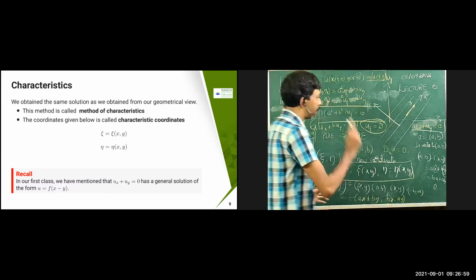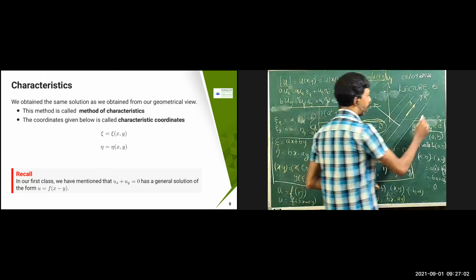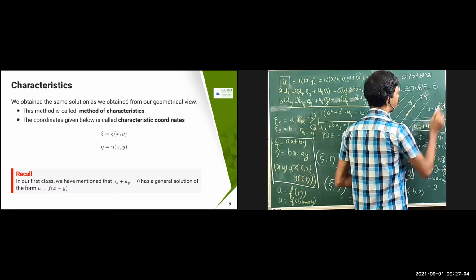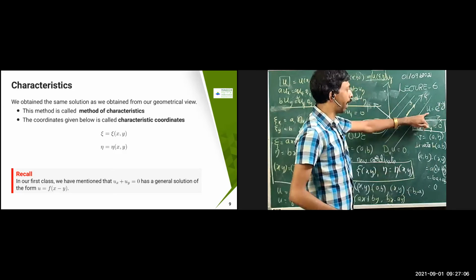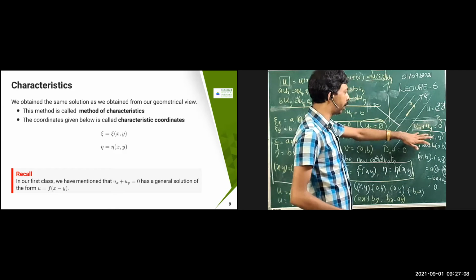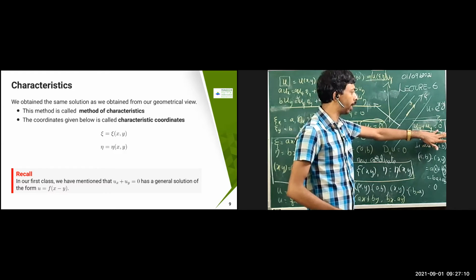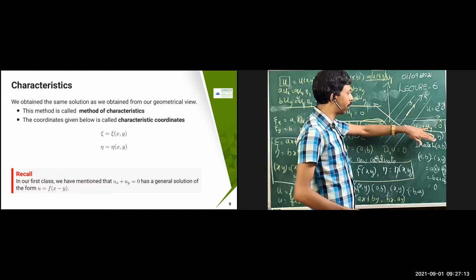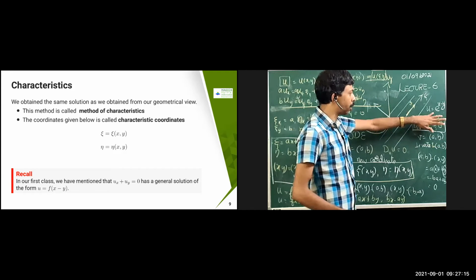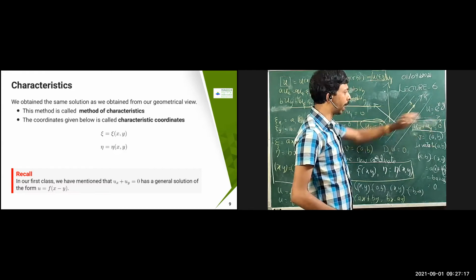Okay. I think the earlier forward problem which I took was this one, u equal to e to the power x minus y. And then we formulated this equation, ux plus uy equal to 0. Then I reversely asked whether ux plus uy equal to 0 implies u equal to e to the power x minus y. Okay, this question I have asked earlier.